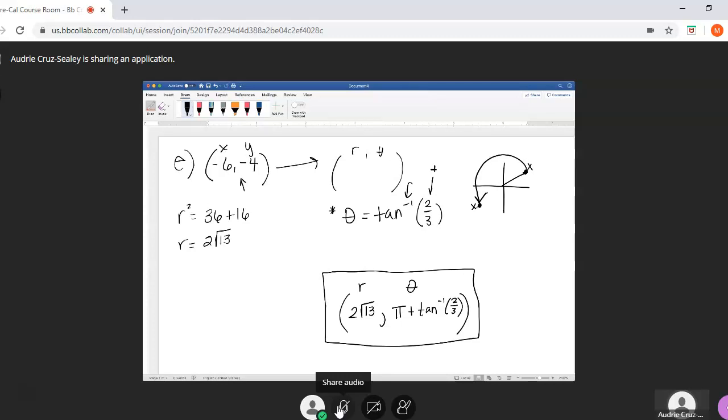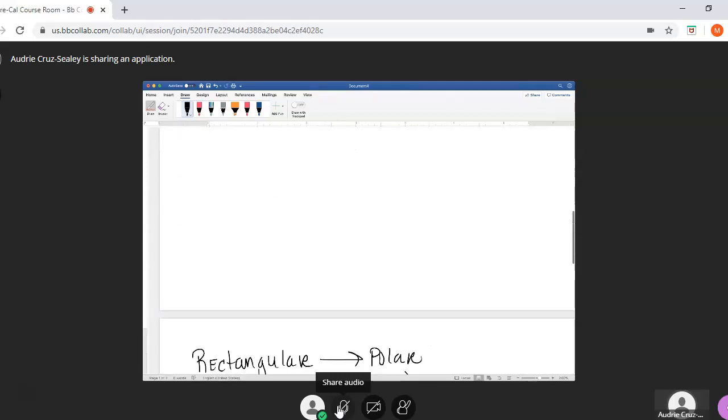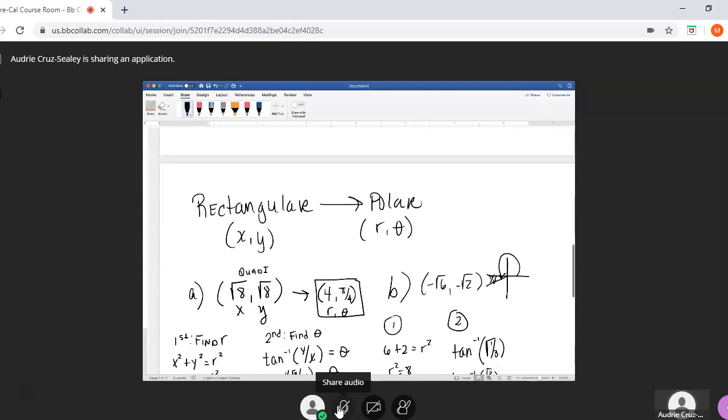So I'm going to take where you are in the first quadrant, because I agree, this is going to give you something in quadrant 1. But you're going to have to add pi because you're not supposed to be in quadrant 1. You're supposed to be in quadrant 3. So that's why you had to add a pi. So if you come back over here,